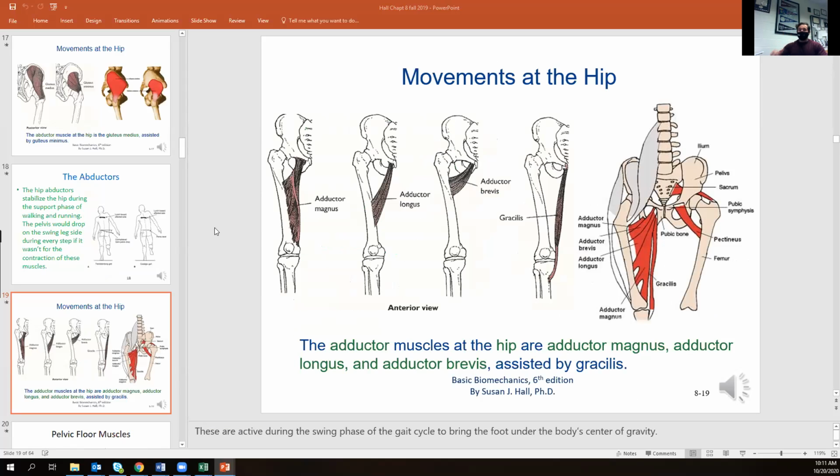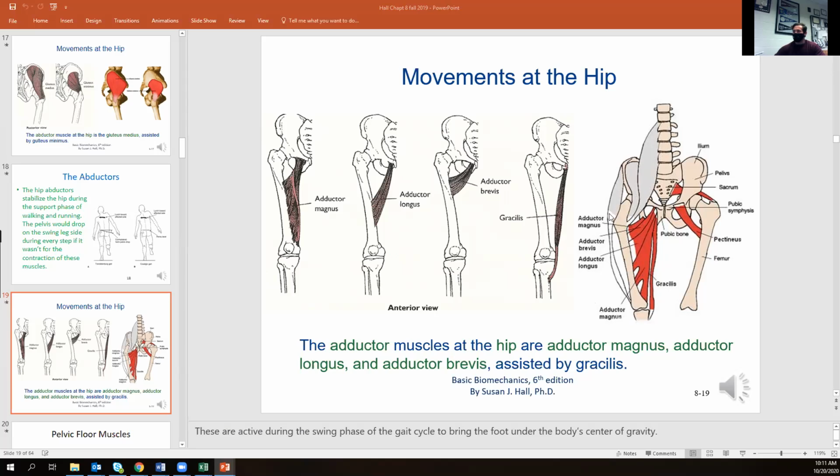Now, we then have adduction. So that's pulling our legs together, which is being done by our adductor magnus, longus, brevis, and gracilis. All of those are very important in our ability to pull our legs together. Pectineus is going to help a little bit to a lesser extent. It's nowhere near as big of an issue. But another thing to keep in mind, guys, is these adductors are going to help a little bit with also